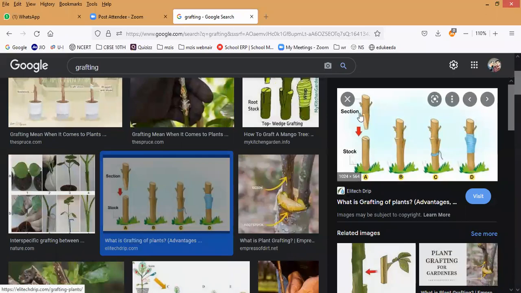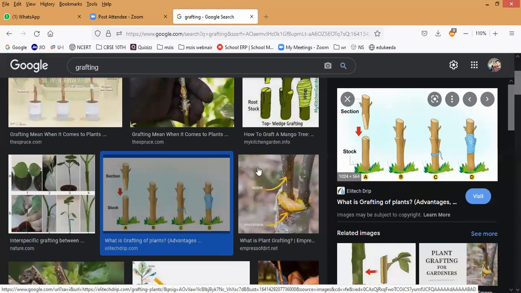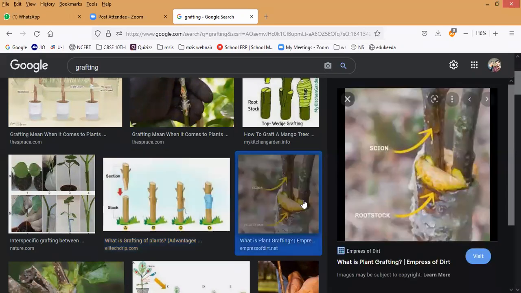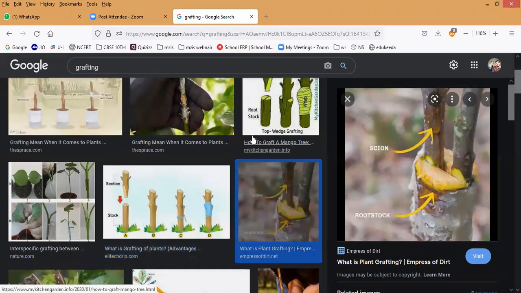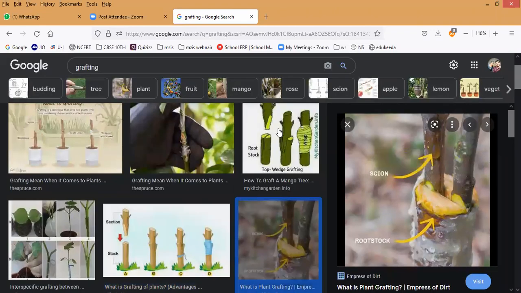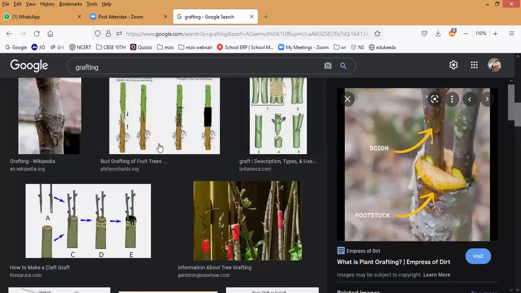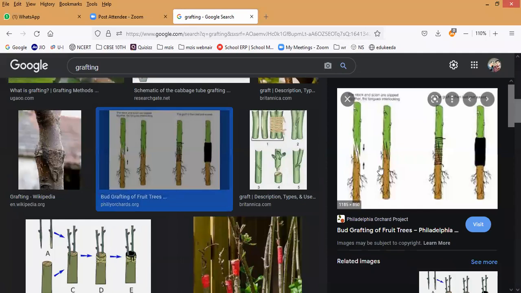Now, the cuttings we are making, what do we call them, guys? What is it called? Scion. Now we have to attach it like this. You can see here, this is a different method. They cut the middle and keep it there. This is also okay. Side cutting, you can see. This is what you can notice.